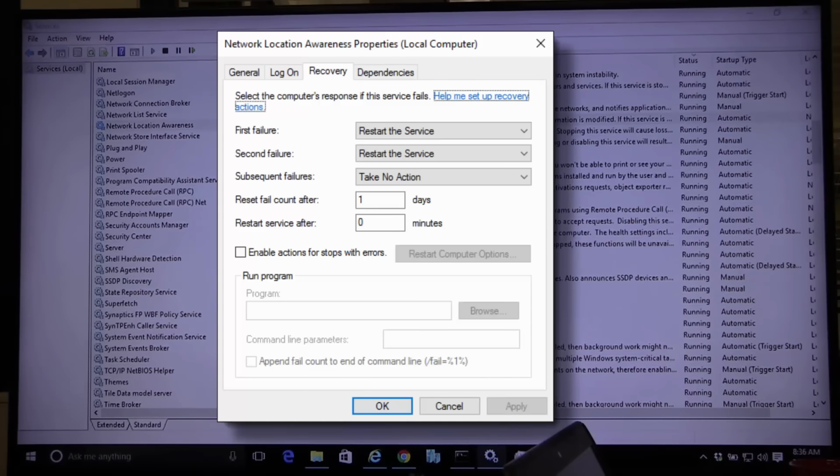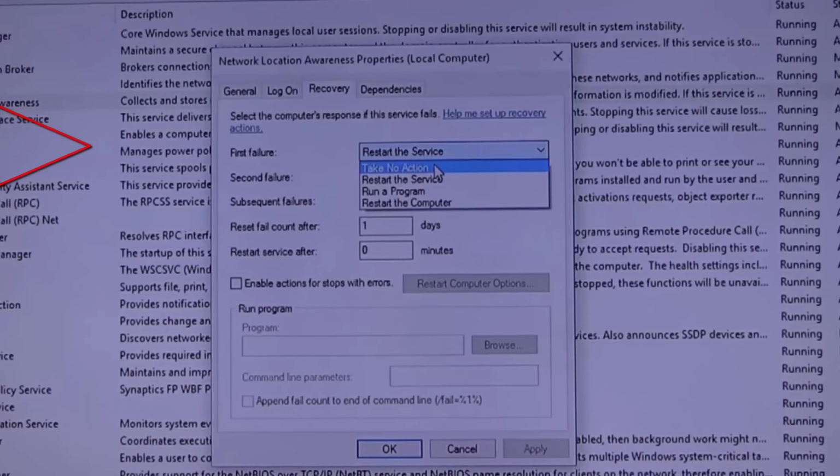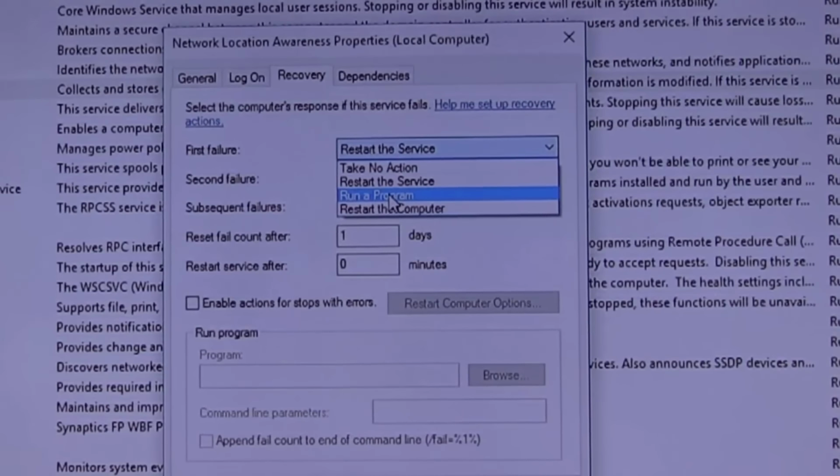Look at recovery. What if the service fails? Look at the power of this. The first failure, if the service fails, we're going to do what? Restart it. The second failure, we're going to restart it. But look what we can do. We can take no action. We can run a script or a batch file.